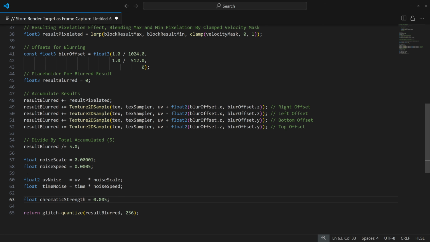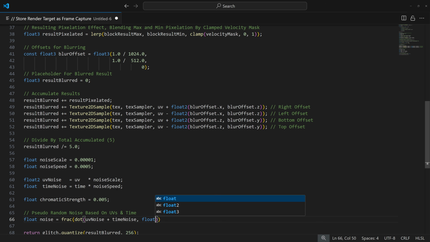So first thing, now that we have all these variables that we can use, we want to create our fake noise. We want to create a pseudo-random noise based on UV and time. We've done this before, but we'll do it again. It's this float noise. We'll take fractional values of dot UV noise plus time noise. Float 2, we just create some simple random values here. You can really make these values whatever you want. You'll change the effect slightly, but I'll do